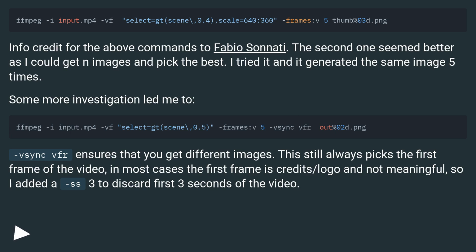Info credit for the above commands to Fabio Sanati. The second one seemed better as I could get 5 images and pick the best. I tried it and it generated the same image 5 times. Some more investigation led me to